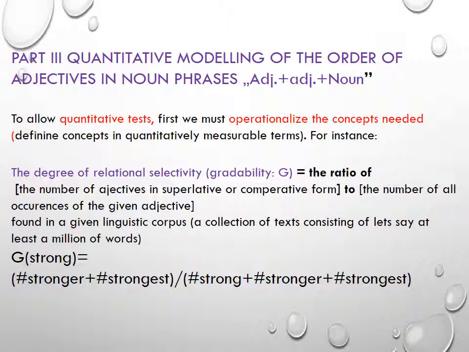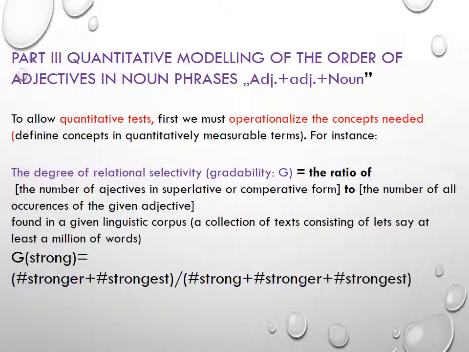So far, I explained the order of adjectives in noun phrases qualitatively in most general terms, just as you may account qualitatively for the fact that an apple falls down off a tree branch, exploring qualitatively Newton's theory of gravity. Yet, you can also test Newton's theory more rigorously if you establish strict procedures of measuring the mass and the distance.